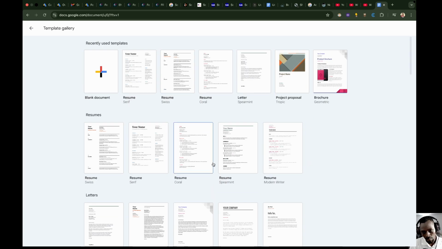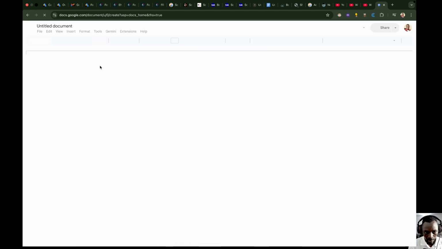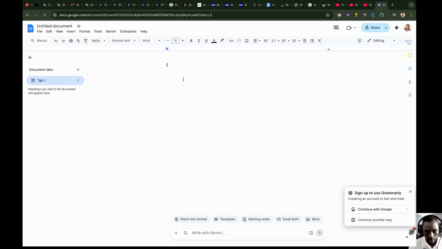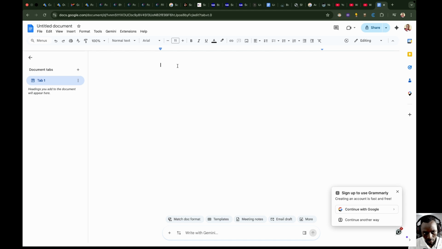Now, if you don't see the specific template that you'd prefer using in your docs, then just use the blank one. Click on blank. Now you have a blank Docs document. There are two things you can do here to name the title. You can either just type the title here and say, let's say, Google Docs tutorial,